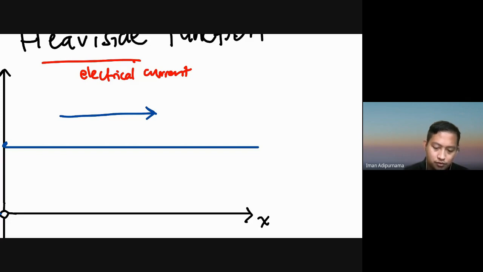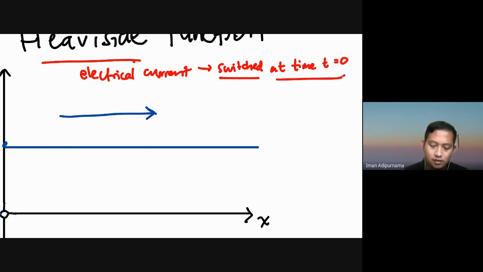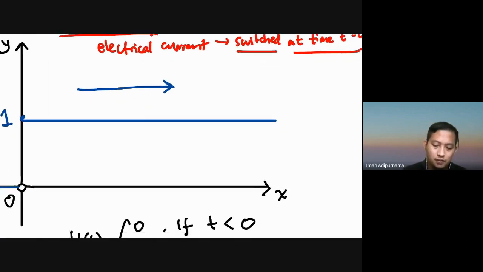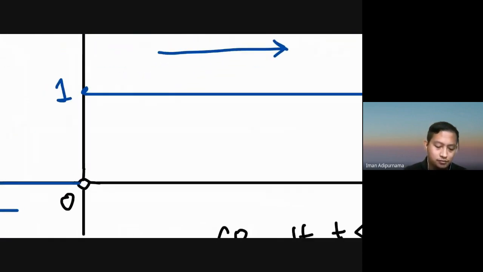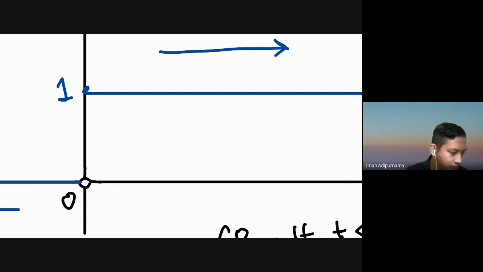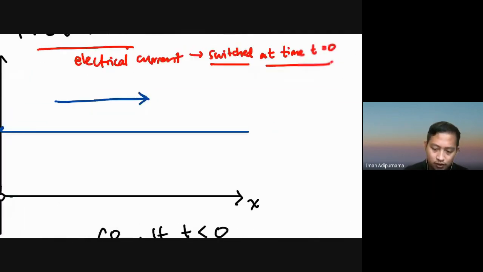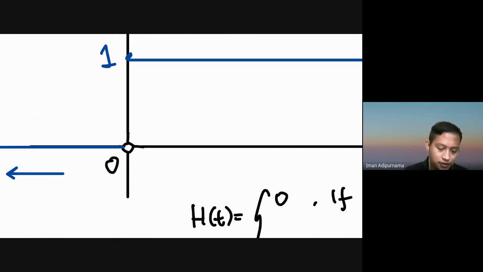So you have a switch at time t. When you switch the electrical current at time t equals 0, so precisely here at t equals 0,